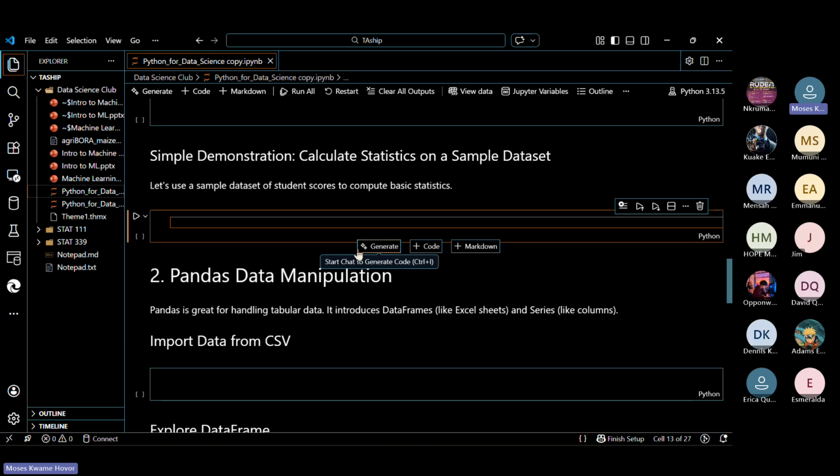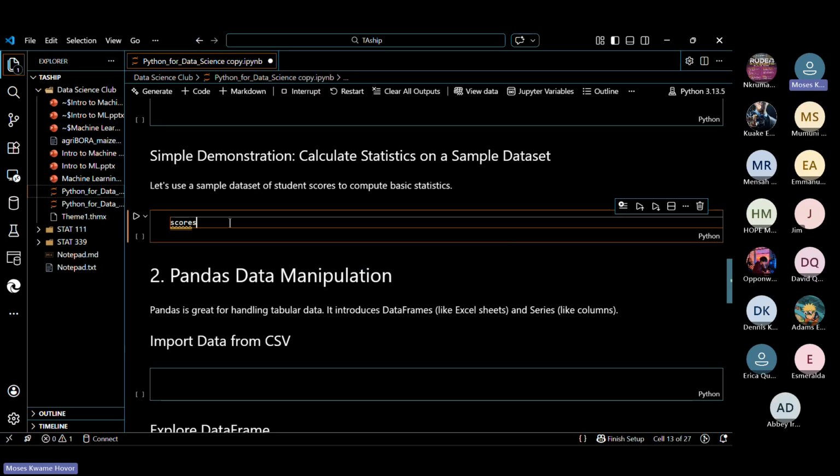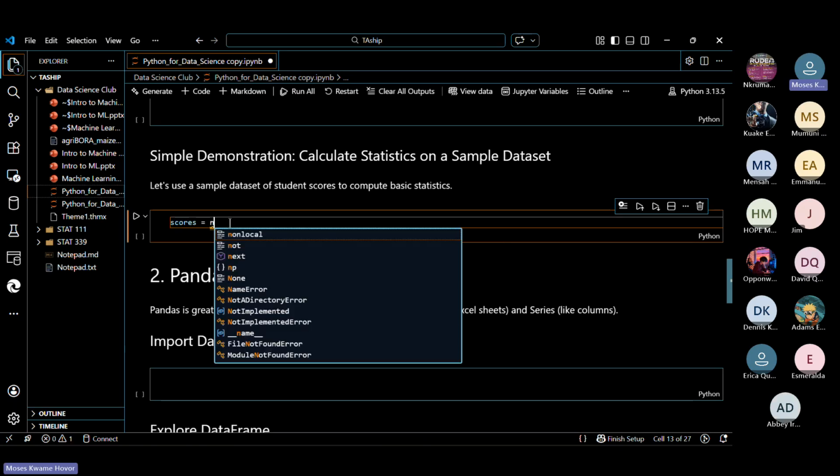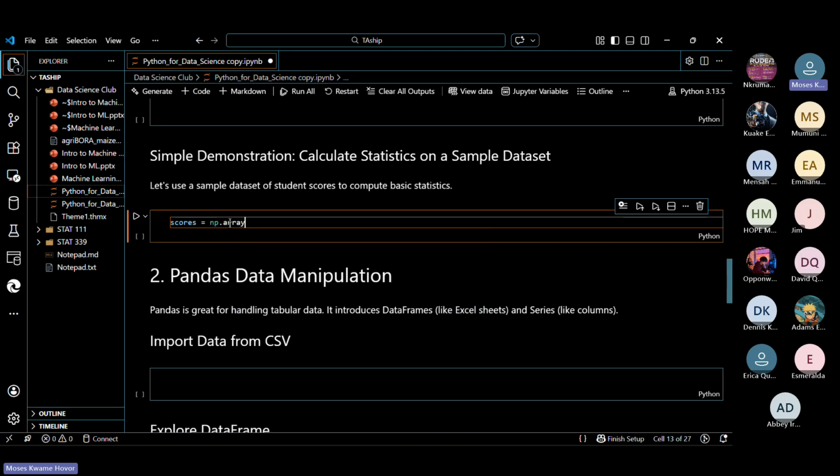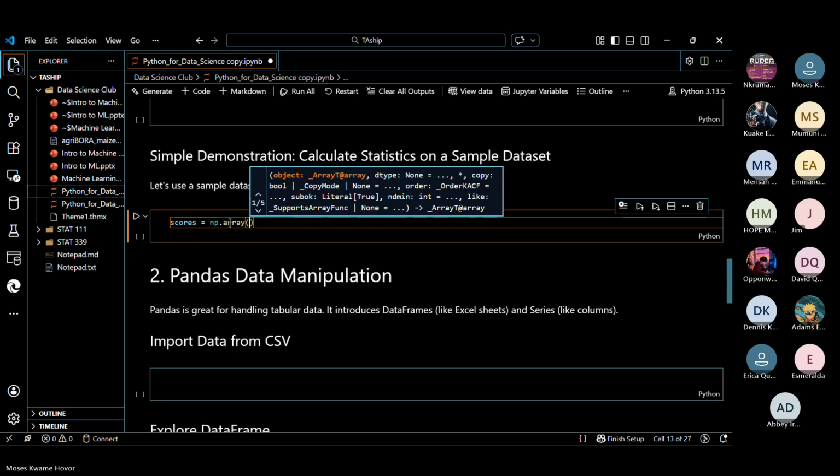So let's create an array of scores with np.array. Let's create just a one-dimensional one. You can enter any values that you like. Don't copy mine, because mine is arbitrary.